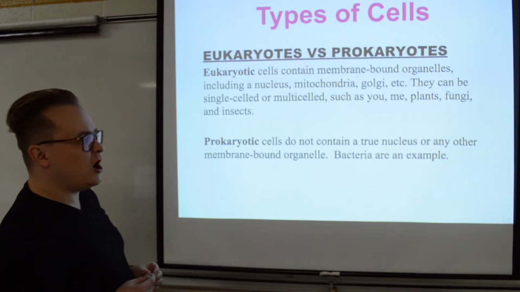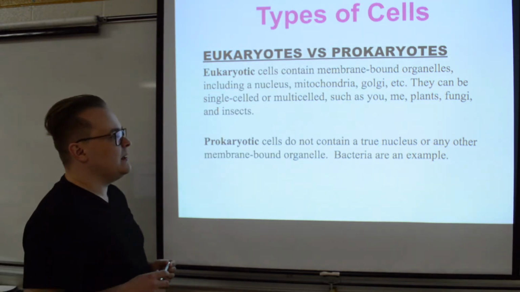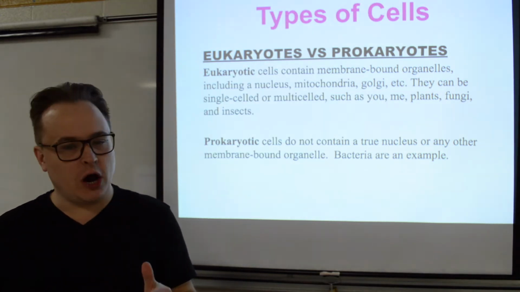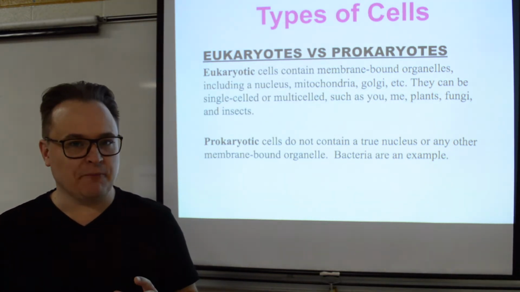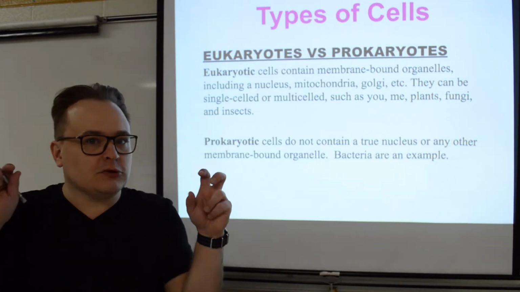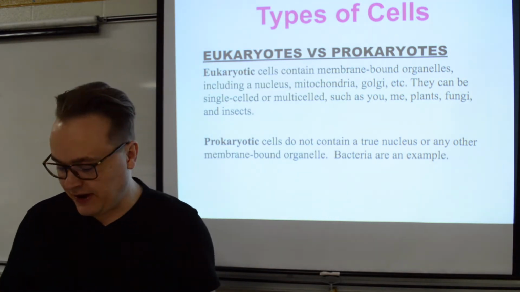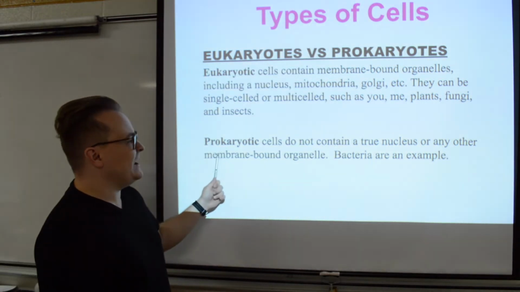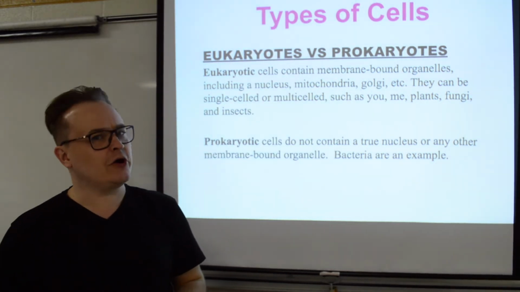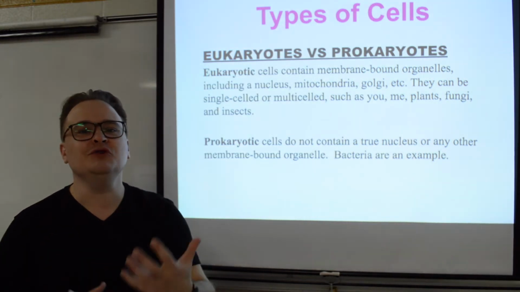Prokaryotic cells do not contain a true nucleus or any other membrane-bound organelle. Bacteria are an example. They're going to be much less complicated. Very simple organisms. They're going to be much more blob-like in their appearance. There are no defined parts to them. But there's an infinite amount of these on Earth, right? Bacteria, come on. Bacteria are actually pretty sophisticated and advanced because there are so many of them, they're always mutating and